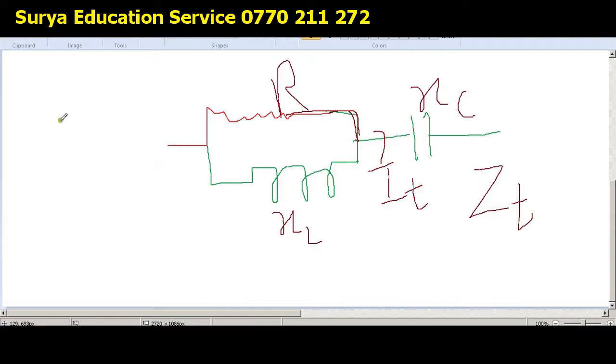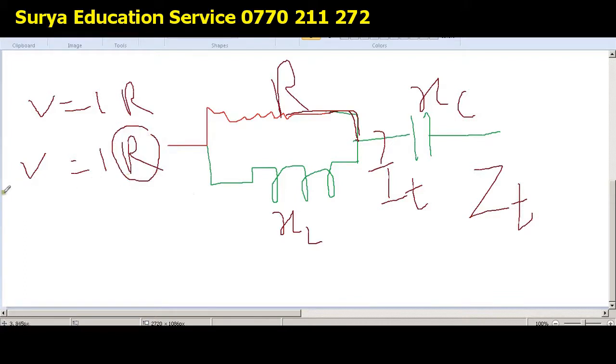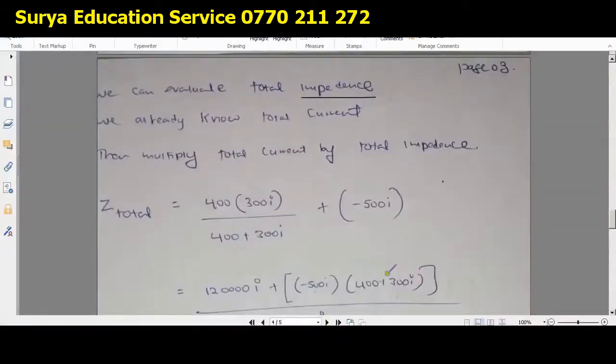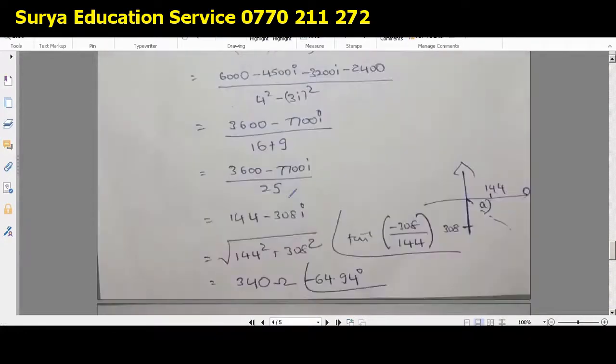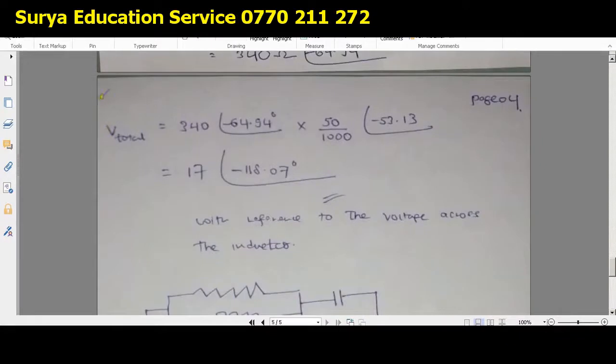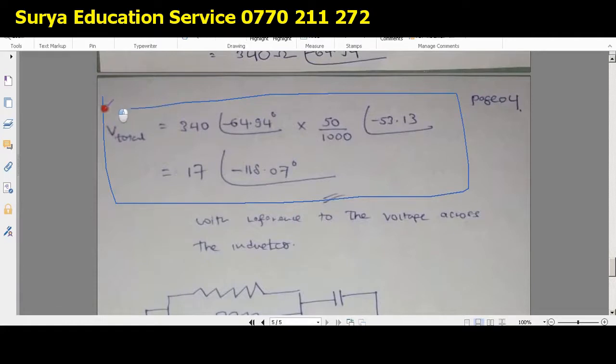right? So again we can simply use the formula V equals IR. So what is V? I multiplied by R. Now here this R is the impedance. So current known, impedance known, so V equals IR. So that is what I have evaluated there. Okay, so that is the way, right? See, look at this one. So that is the thing that I have evaluated there. So this is the total resistance, that is what we call impedance, and this is the total current, because total current we already evaluated.